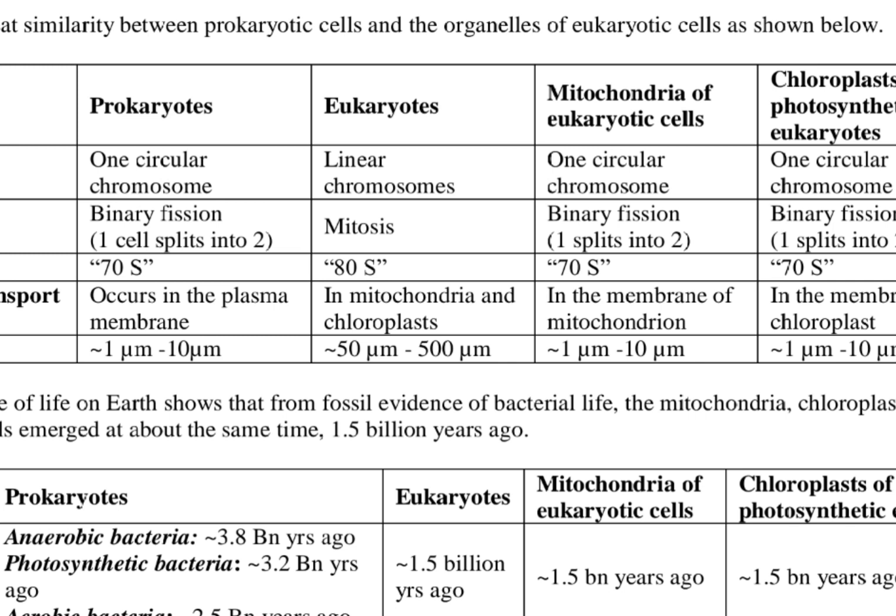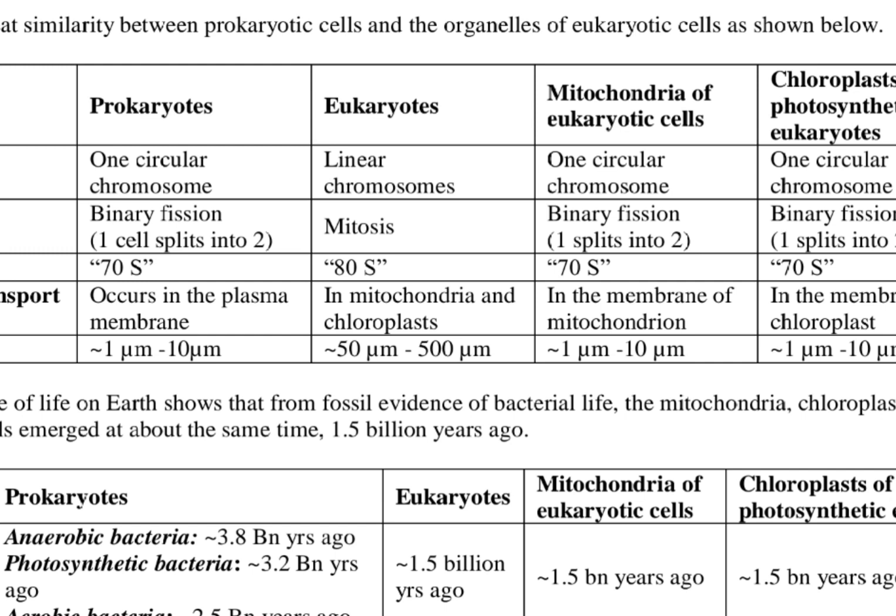One of them is the DNA. Prokaryotic DNA is a single circular chromosome, yet eukaryotic DNA is linear and chromosomal. But the mitochondrial DNA and the chloroplast DNA are also circular, and that is enough to show that the mitochondria and the chloroplast came from